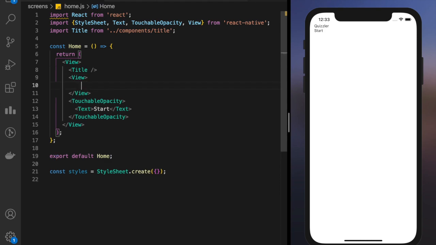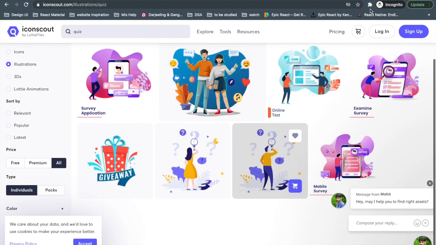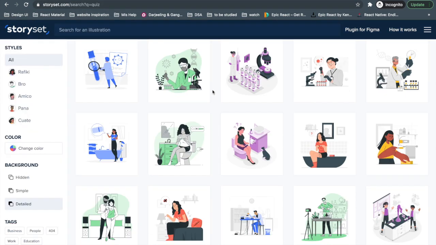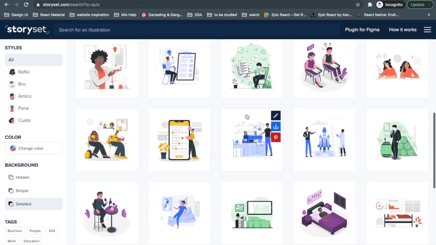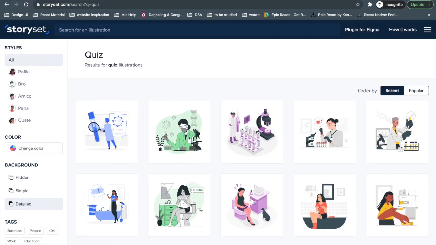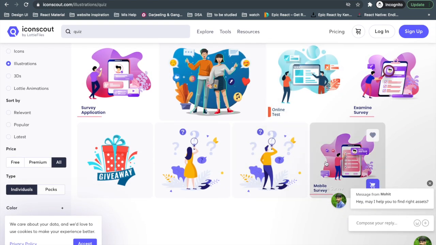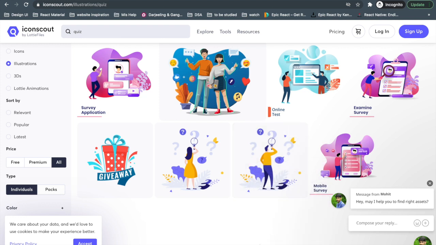So okay, let's put an image here. Let's go to Icon Scout, and for quiz I am getting these illustrations. The color palette that I am using is a little greenish. So let's see. This is a great website if you want to use. It's called storyset.com. Okay, quiz. Okay, these are pregnancy tests, not quiz. I'm not getting a quiz application exactly. Let us just say, okay, we can use any. Let's just use this one. I don't like this very much, but for now we can use this one.